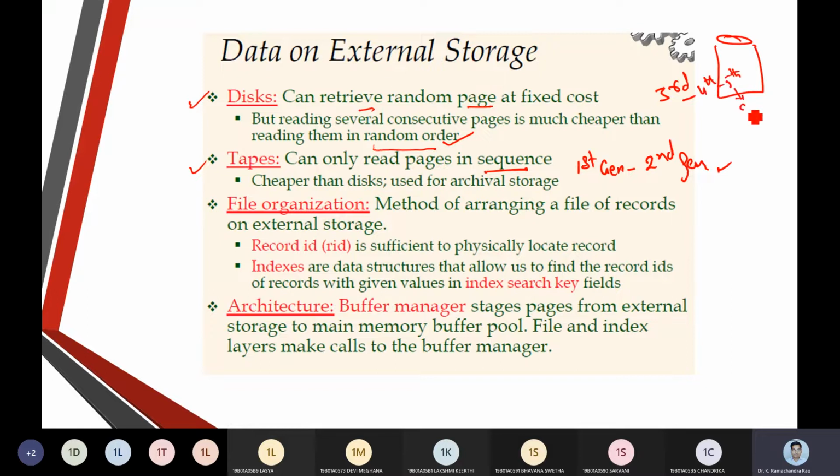The fifth generation is on the cloud platform or a fog platform. So this is how the disk structure happens.